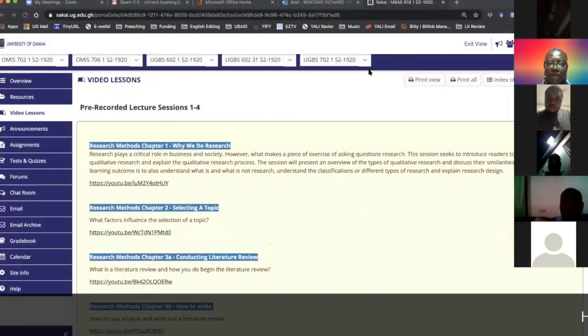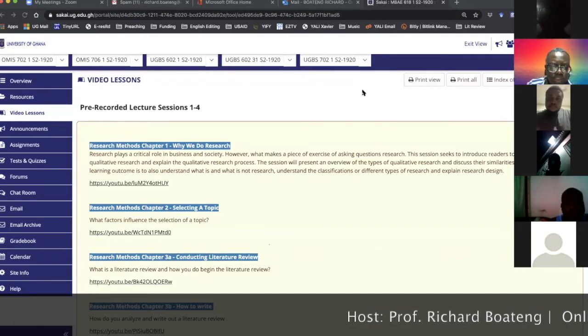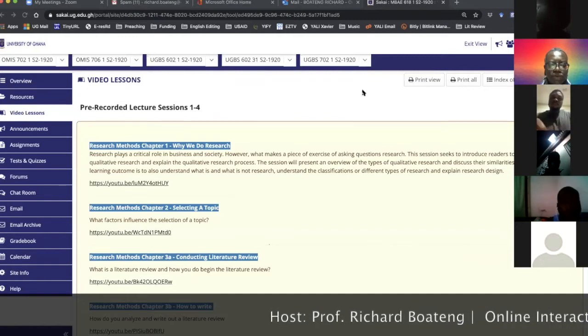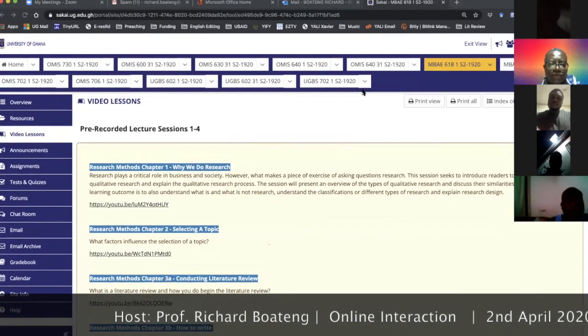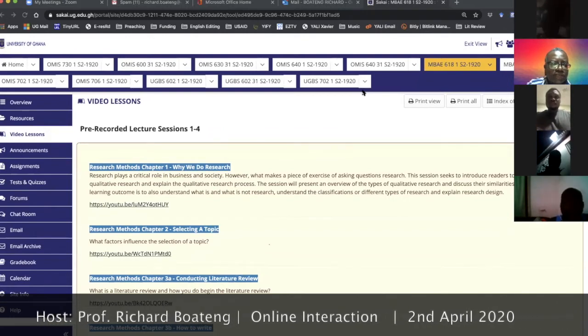Having a session today. I'm recording onto my computer so that later I can share it with you. Later on, I'll update this platform with the recorded videos. But on this Sakai platform, as I mentioned earlier, on the right-hand side, you have the announcement. On the left-hand side, you have the menu.